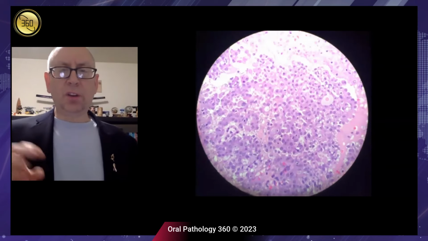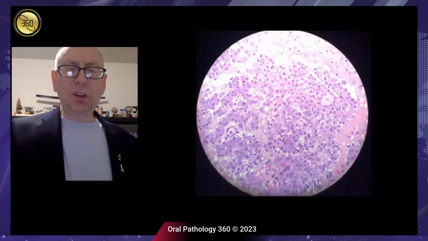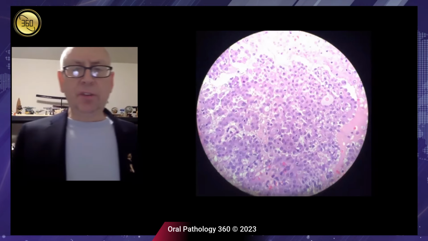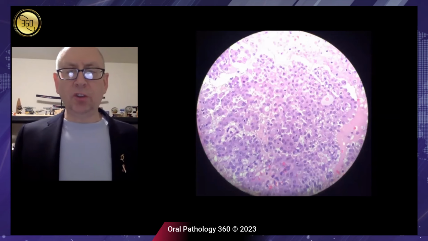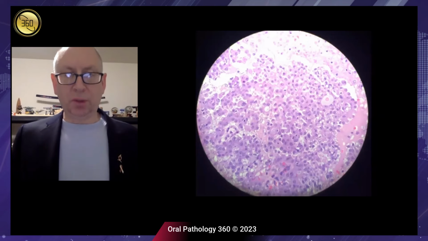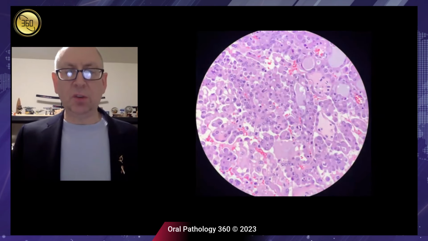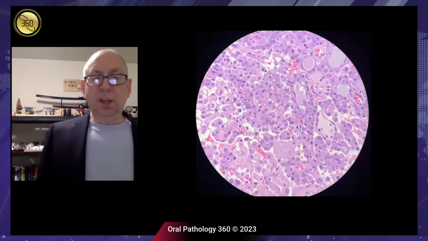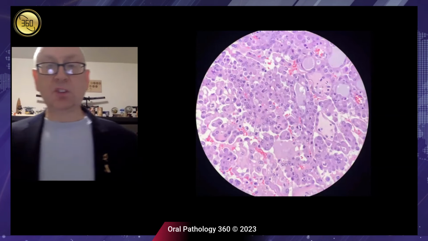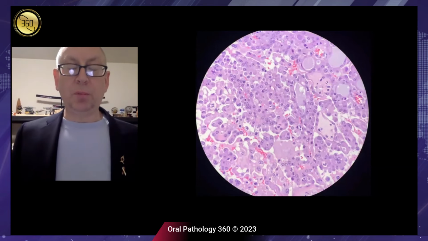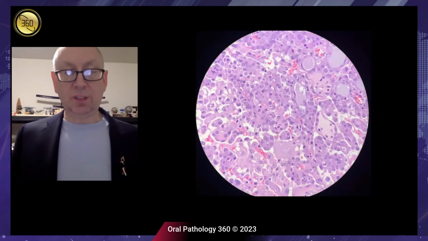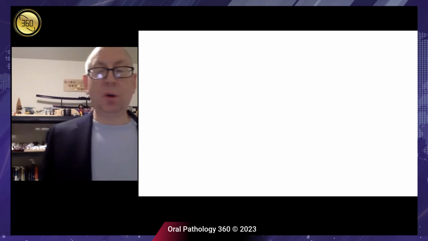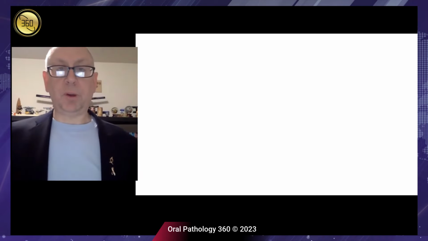Other areas are somewhat more solid, but when I look at the cells, they still have that somewhat basophilic or amphiphilic cytoplasm. You'll see enlarged nucleoli. These are features of malignancy when I see changes in nuclear features, but they do have this secretory component. It will start to remind you potentially of colloid, thyroid material, and that can be one of your clues to this tumor as well. So I've got a short differential now of acinic, mucoepidermoid, secretory carcinoma.